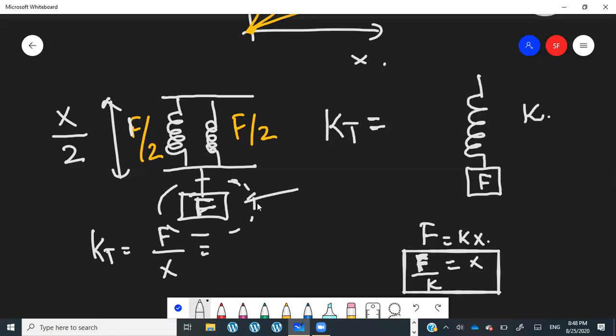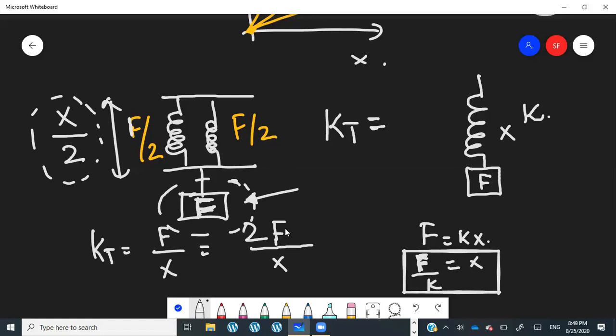The total force is actually the force which is hanging from here. Are you listening? Yep. Okay, so basically I told you the total force is still F. And when you divide this total force by the total extension, this time the total extension is half of the original extension, because each of the springs individually is experiencing half of the original force. If with this force extension was X, with the half force extension is going to be half. If you place X upon 2 over here, the 2 will go up, right?